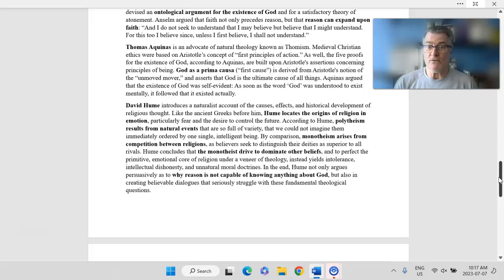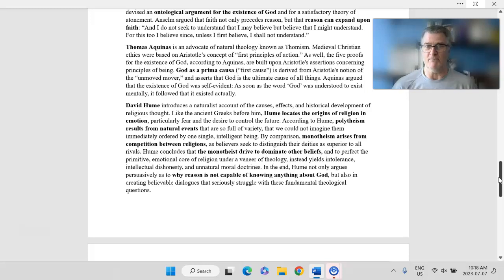And so he says, God is the ultimate cause of all things. Whether you want to call it the Big Bang theory, or the beginnings of everything, or when you think about the Holy Bible, in the beginning there was nothing, and then there was light. Well, this entity called God started it. So Aquinas marries up Aristotle's idea of the unmoved mover to the notion of God as this first cause, the primary cause